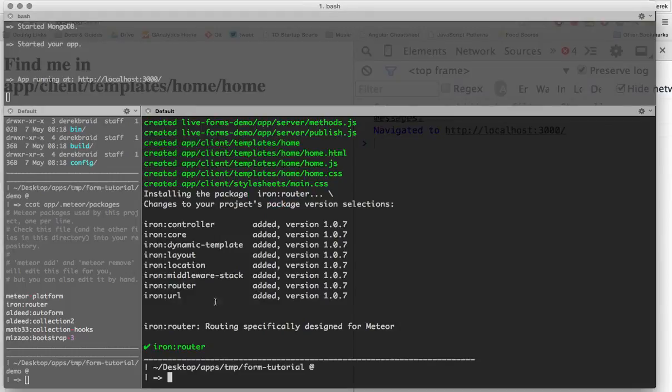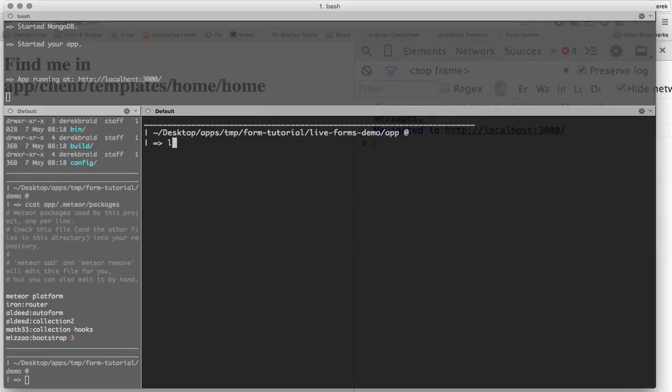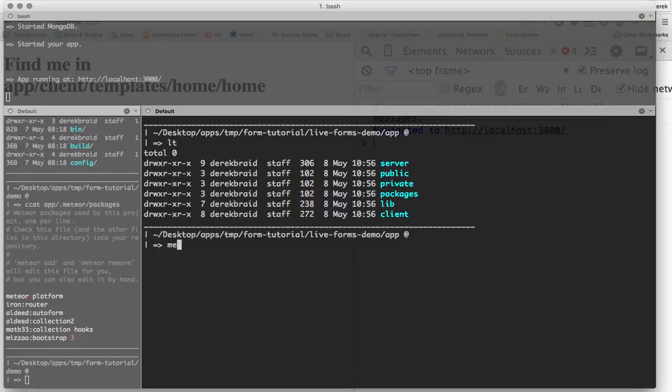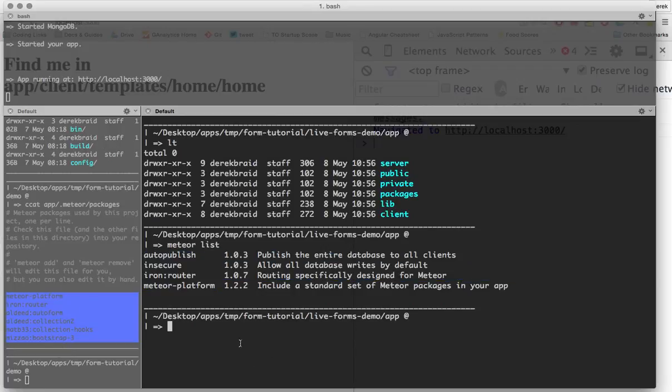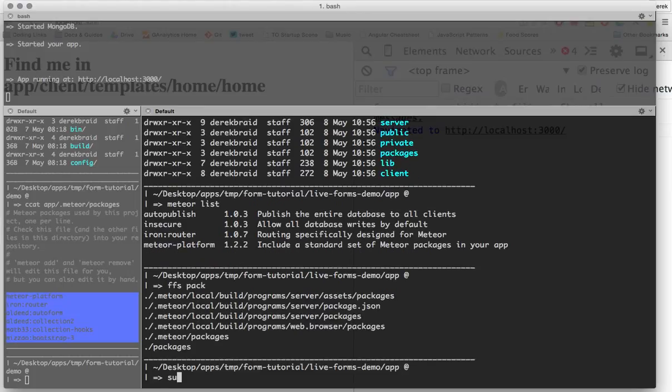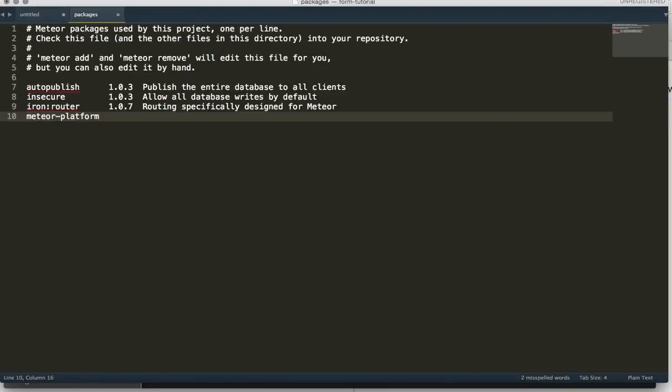What I know I want to do is change my packages. So if I go into my app and run meteor list, it's going to say you have all sorts of packages that we don't actually want. What we really want are these ones over here. What we currently have is this. So if I open up my packages file in Meteor,